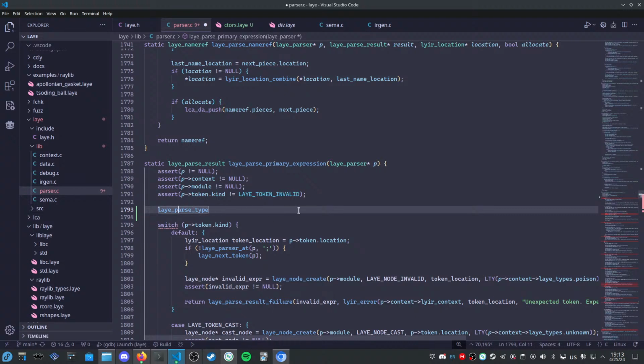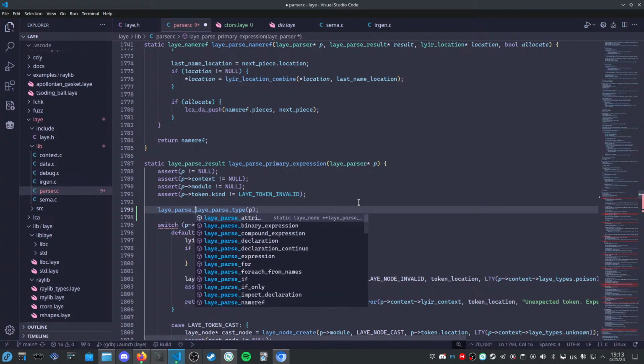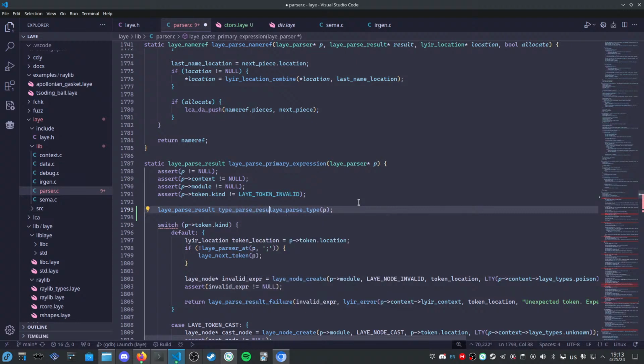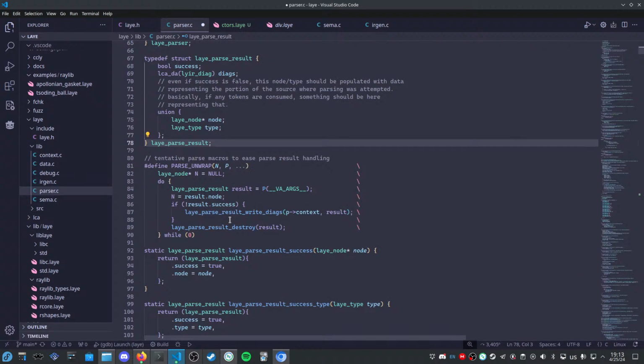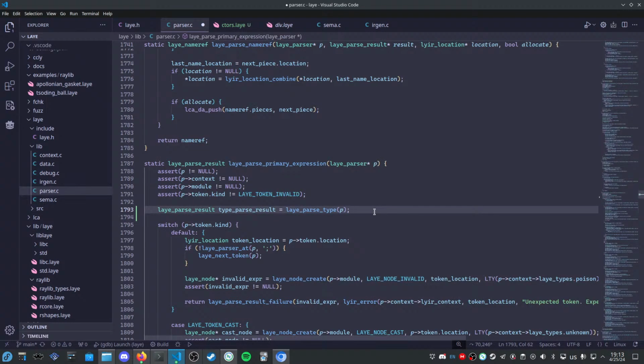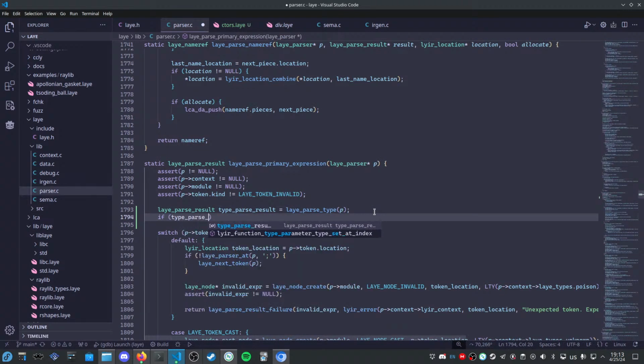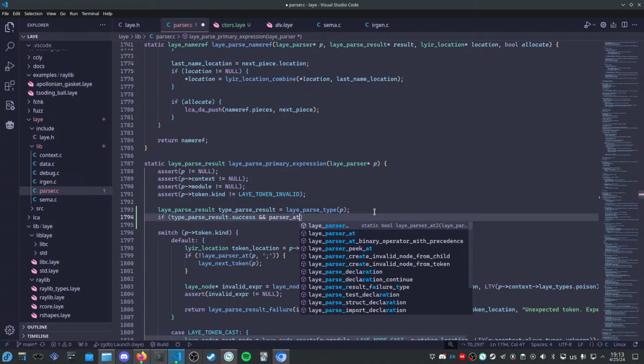It's all going to be in the result. I'm trying to remember my API here. It's been so long since I've modified the parser. I think what we're doing is we want to parse type from P. We want to say Laye parse result. Type parse result. I'm going to call it something nice and verbose so I know what I'm dealing with here. So from the parse result, we then want to check if it succeeded. If type parse result success and parser at